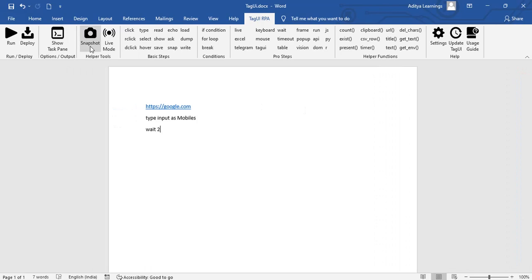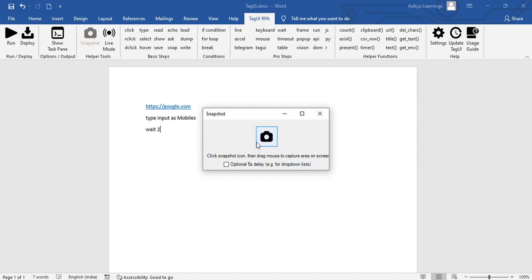The other one is the helper tools. Let's say we have a screen and we need to click on a particular image; then we can click on the snapshot and take the image, and indicate it here. If we take a click and indicate the particular screen or area where it needs to click, it gives us a tool to select the particular area.